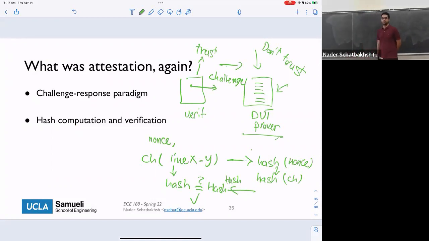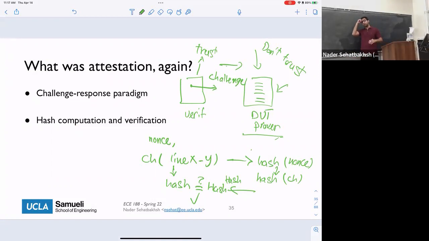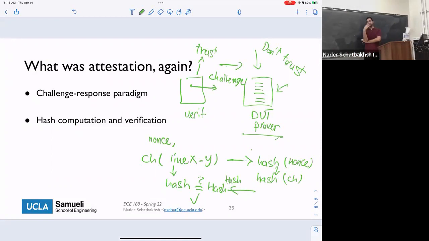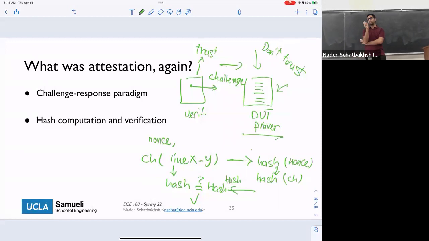Usually it's on the fly, because in the same time it takes for the prover to compute the hash, the verifier can also compute the hash in parallel. But it could be pre-computed as well, because remember the verifier can send the same challenges over and over again. So it only needs to compute the hash one time, and then it just changes the nonce and sends it again, right?